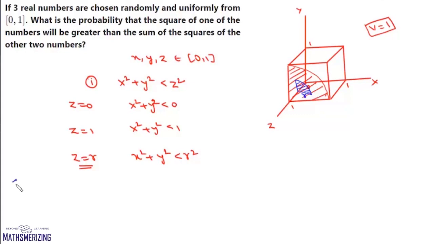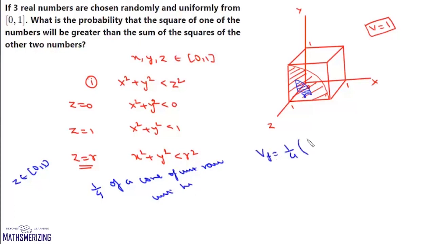Now z varies from 0 to 1. So if z varies from 0 to 1, this actually will represent 1/4 of a cone of unit radius and unit height. So this favorable volume will be given by 1/4 times 1/3 pi r square h,